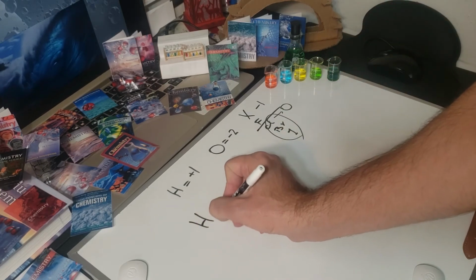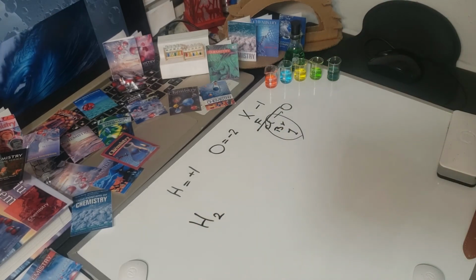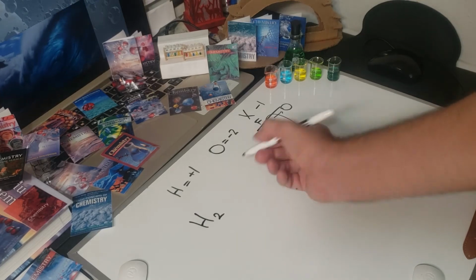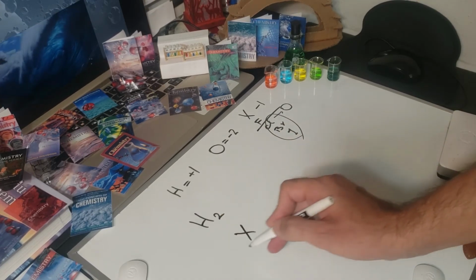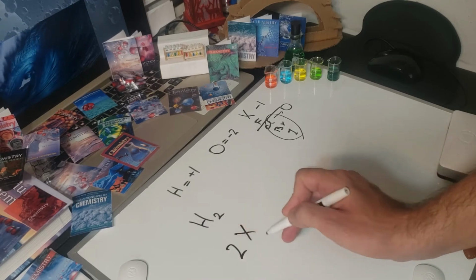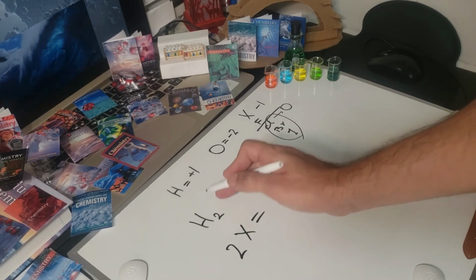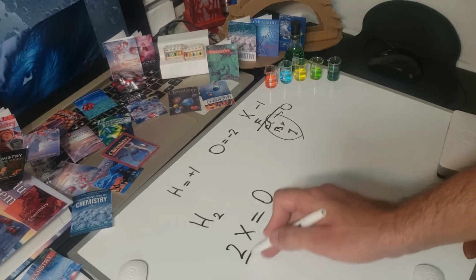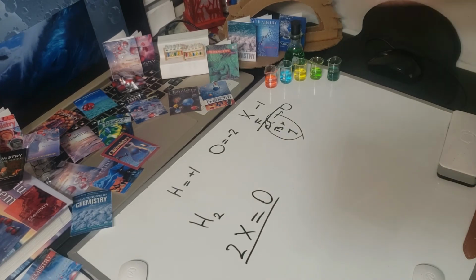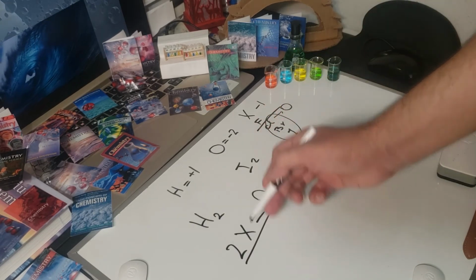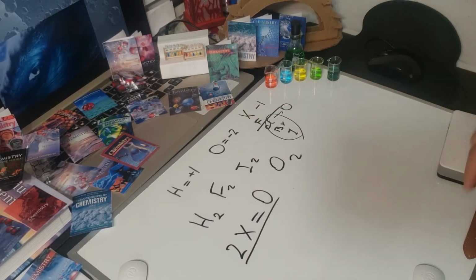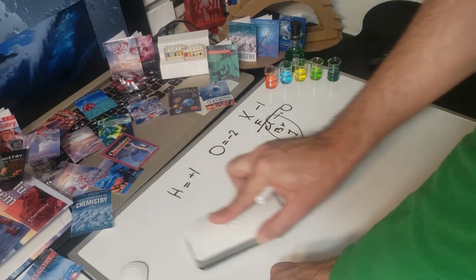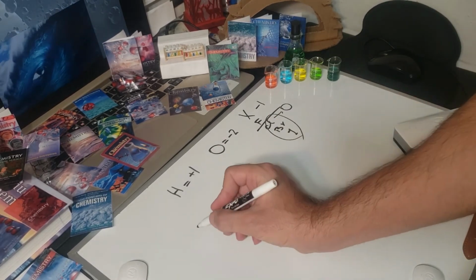Let's imagine H2. To find the oxidation state, assume x is a number, and the number of them, 2x, is going to be equal to the charge. The charge is 0, so x becomes 0. Now any element, you take I2, that would still be 0. You take F2 or O2, that would still be 0. But if you have something like